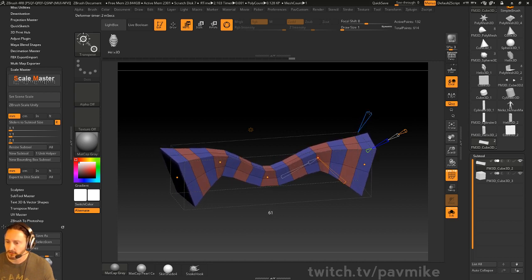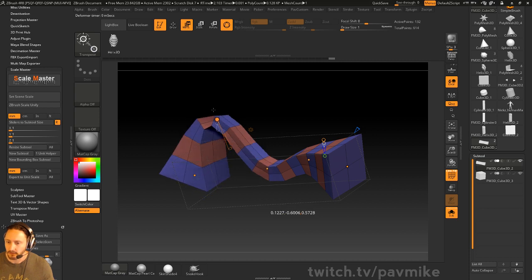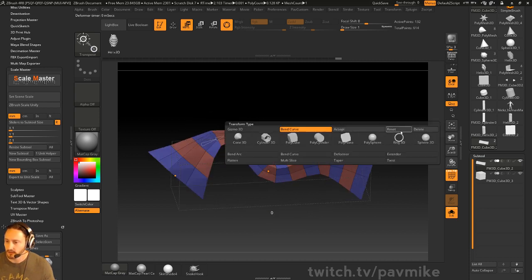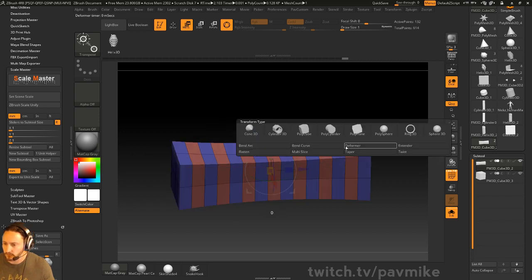If you don't want it super harsh, you can change that smoothness, and then you can go back and grab this one, and continue to scale this up, or squeeze it down if you want to, or twist it around if you want to. And then of course you can just move this thing around. So that's a cool one. Again, if you like this, you can hit accept or reset, or you can delete. Let's go ahead and just delete that one. Moving right along,